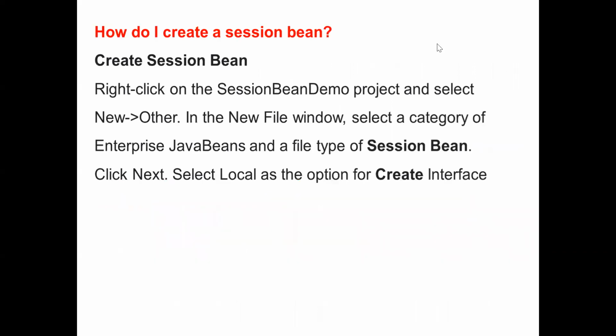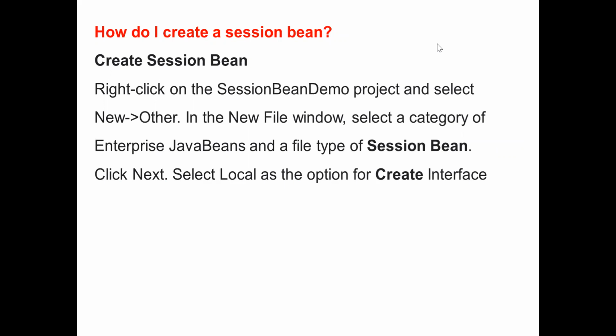Then how do we create a session bean? It is a step-by-step process, so watch carefully. First we have to create a session bean. Right-click on the session bean demo project. What is the name? It is the session bean demo project.